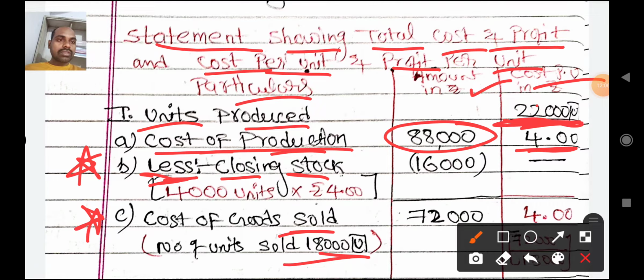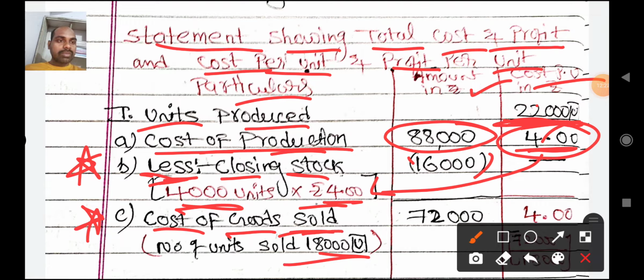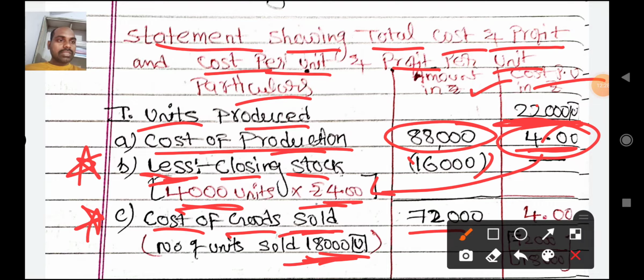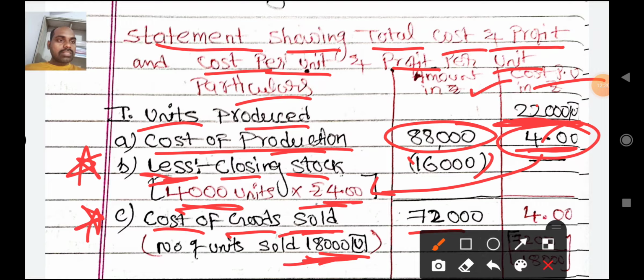Less closing stock 4,000 units, working note 1 में करें. कास्ट पर यूनिट प्रोड्यूस्ड 4 रुपीज़ जो ये आ रहा है यहाँ पे मल्टीप्लाई कर लेना, 16,000. So from 88,000 if you deduct 16,000, your cost of goods sold will become 72,000. 72,000 divided by 18,000 units, your cost of